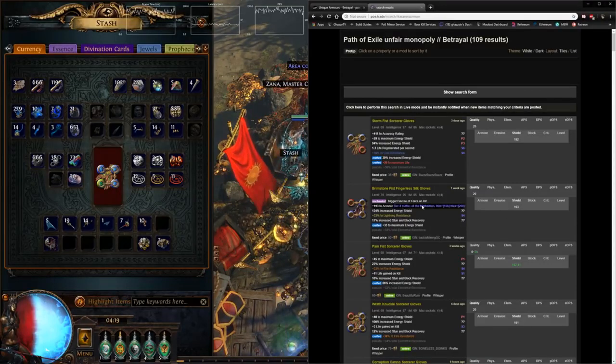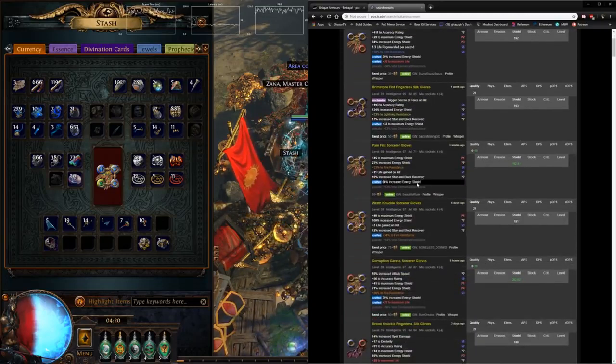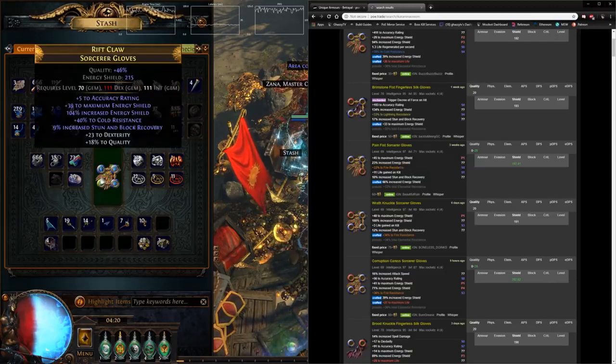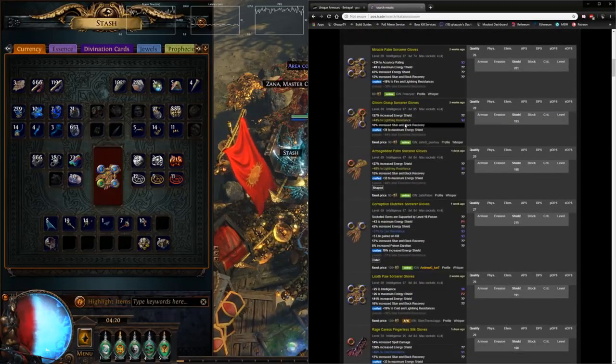The second item here is enchanted. Let's not ignore the enchant for now. It has lower resists than what I have. It also has benched energy shield, still lower than what I have, meaning that my gloves should theoretically be worth more than this. Accuracy is one of those modifiers that only applies to certain melee builds. And if we look further down, we see that this item, same thing here, lower amount of resistances. It has a lower energy shield, and it's already benched with energy shield to be able to reach this number in the first place. Let's scroll down a little bit, and we find